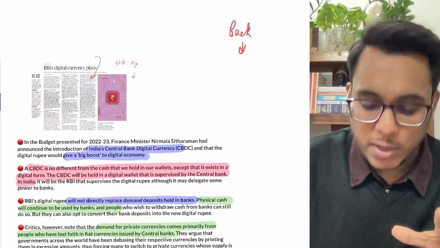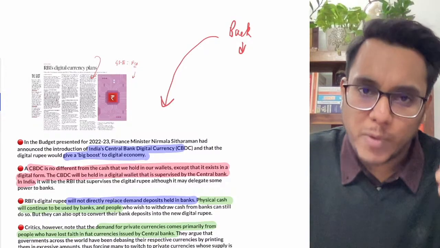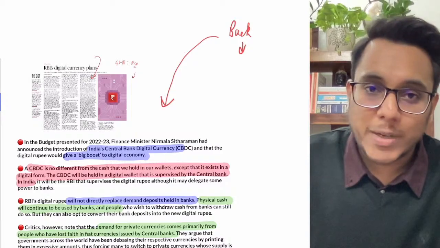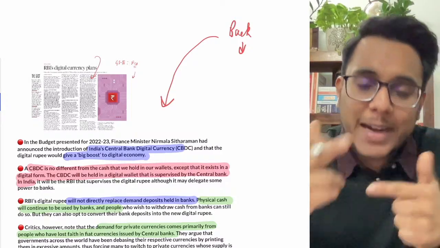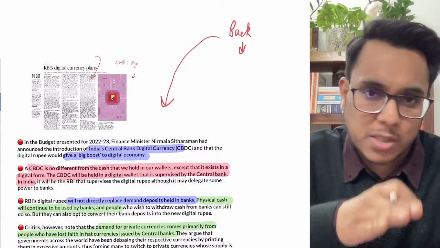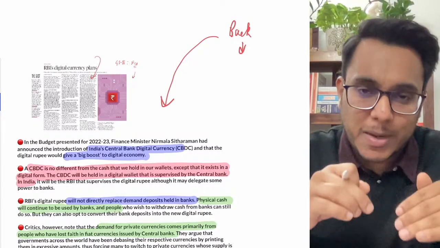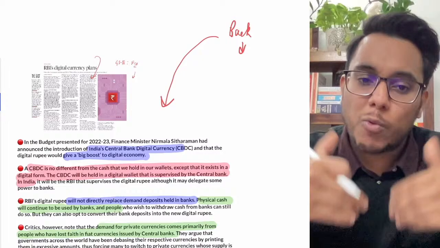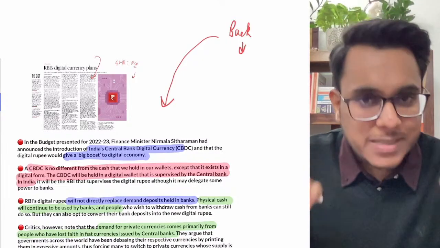In response, the Reserve Bank of India in 2021, in one of its white papers, floated the idea that we will also be coming with a digital currency which will be backed by the government. Now in the budget which was released just a few days back, the finance minister has finally provided that in this year the Reserve Bank of India might probably be coming out with this digital currency. Now what is this digital currency?